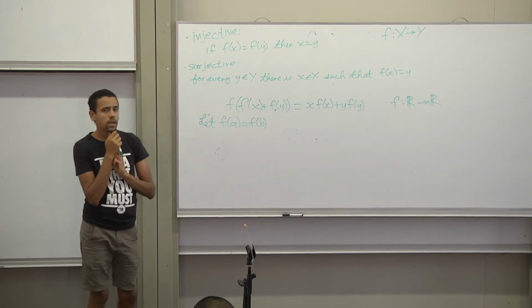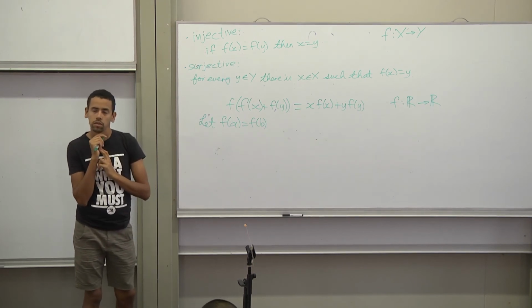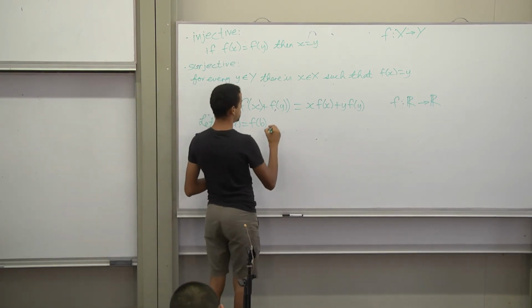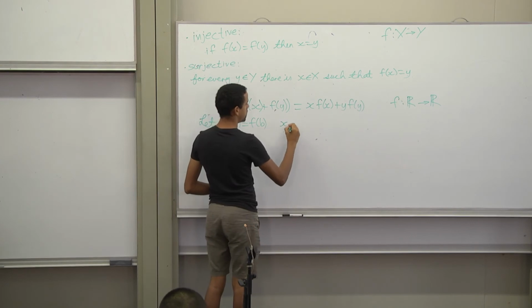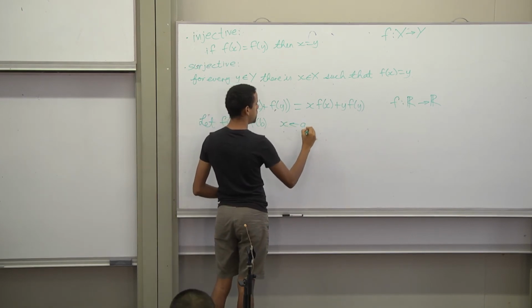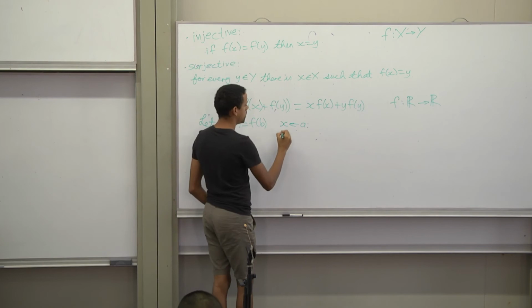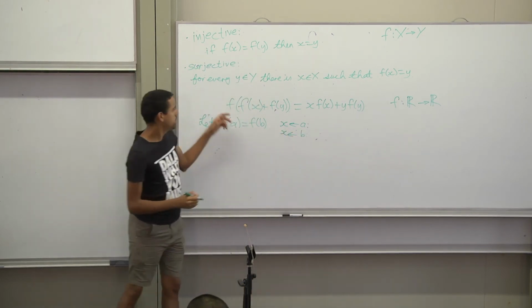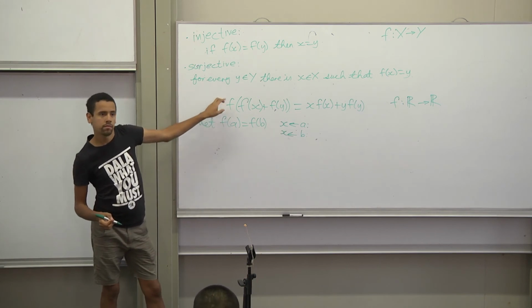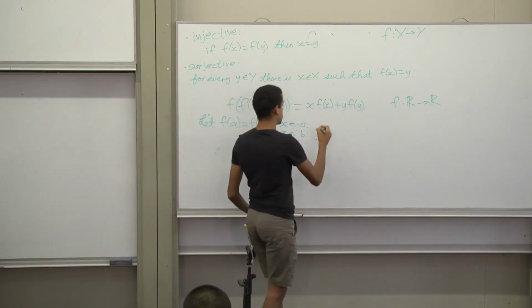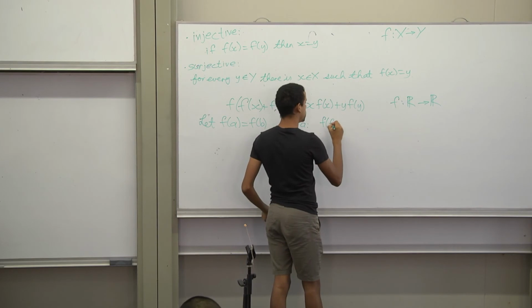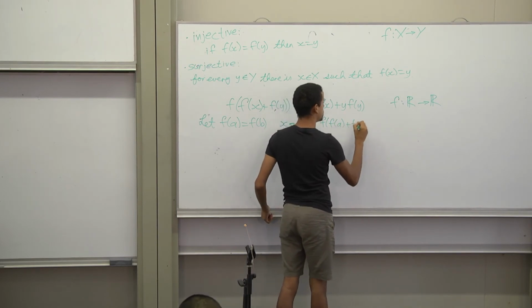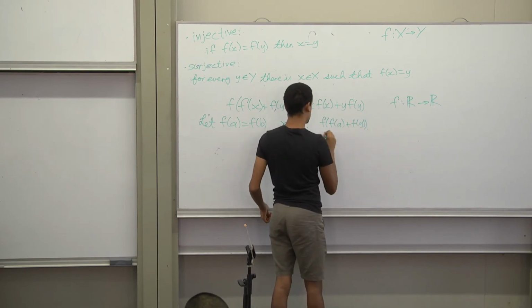How can we get that a is equal to b? Well, one way is to put x equal to a and to put x equal to b in this equation over here. So we have f of a plus f of y, f of